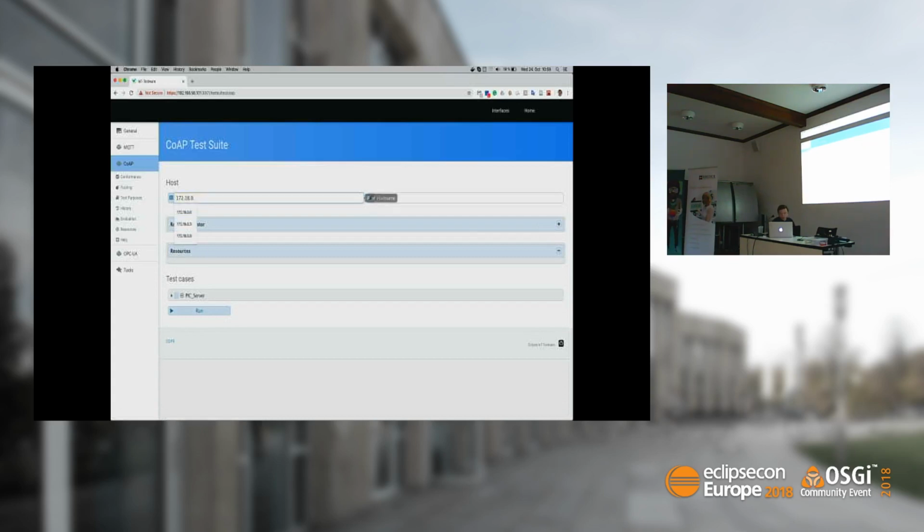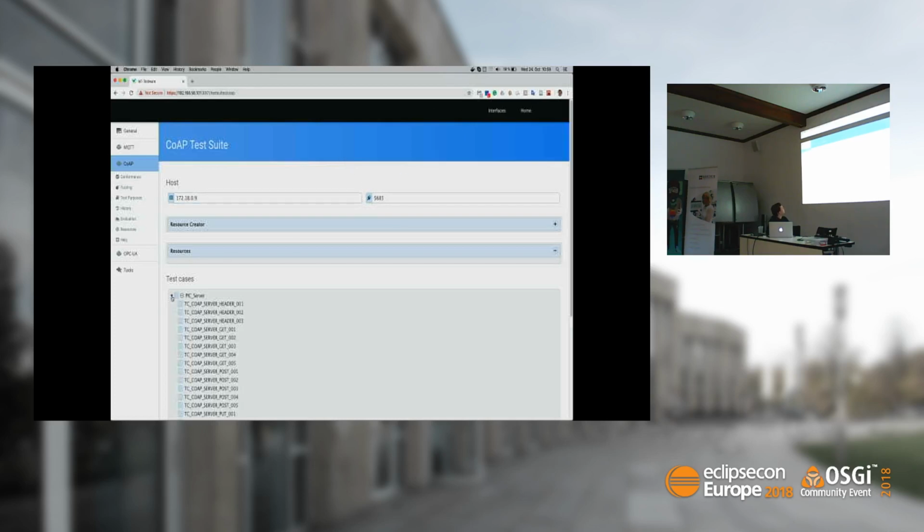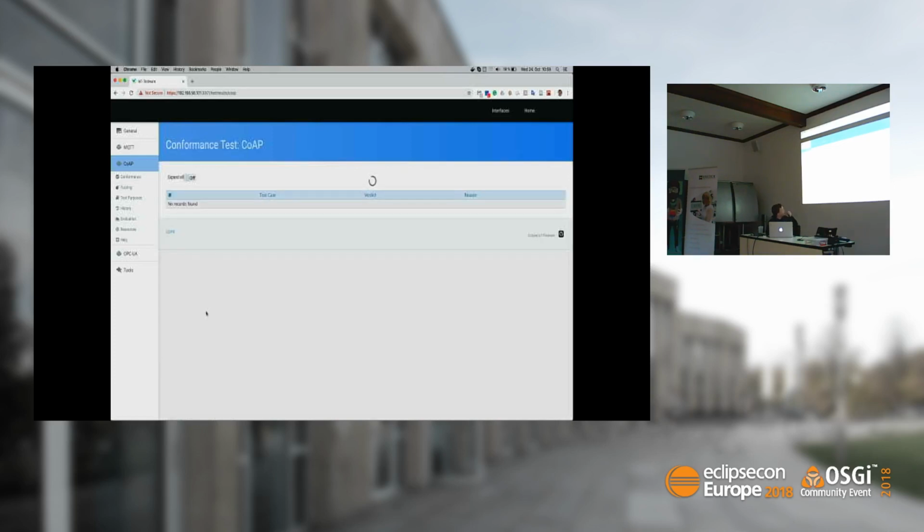There was also a CoAP SUT running, with just three tests. Right. So on this IP there's a CoAP implementation running, which seems to perform these test cases quite well.